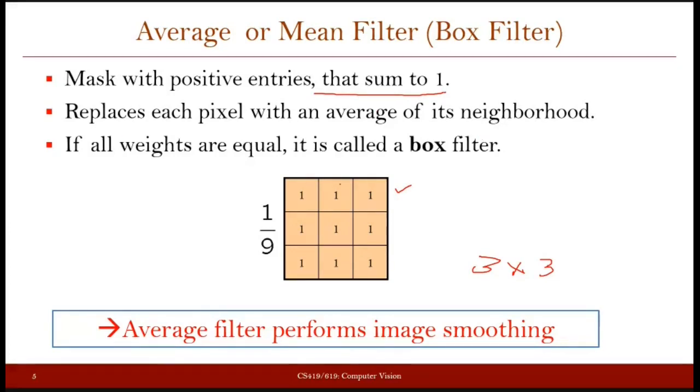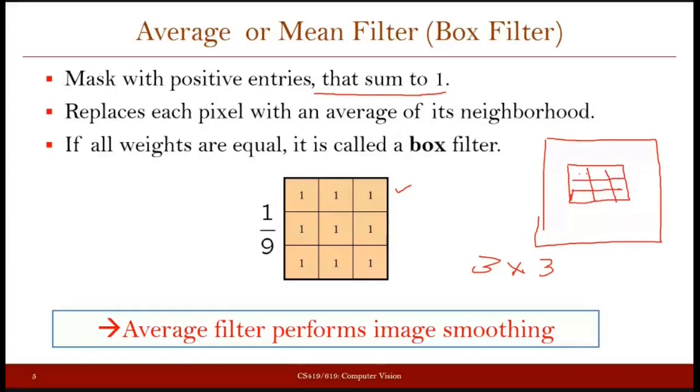If you operate this filter on your image, let's say you assume that this is your image, and you are operating at this particular place by putting this filter there. Basically you will be multiplying all the intensities that you have at all these places by these respective values, and then you will sum them. You are going to multiply 1/9 to all the values from here, and then sum them. That is nothing but the average of all the values that you have in this 3x3 region in your image.